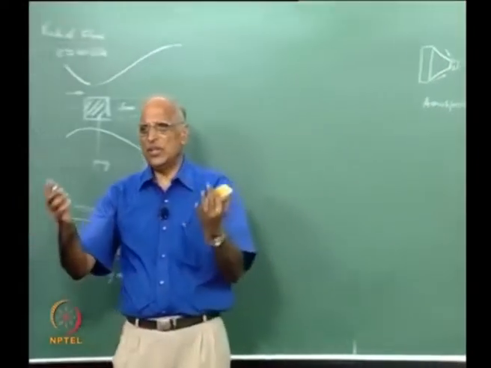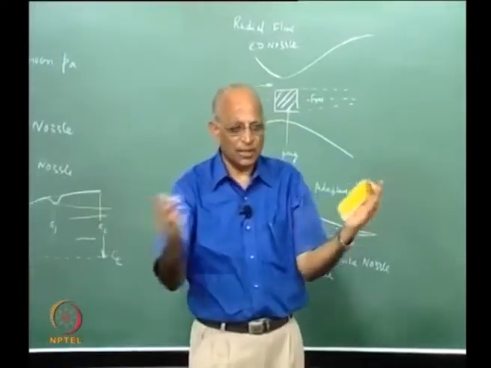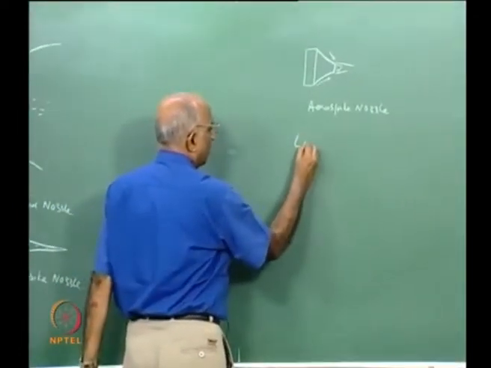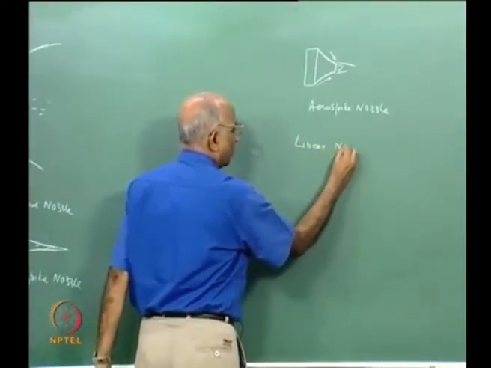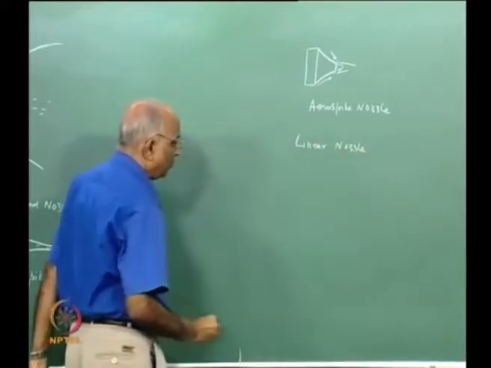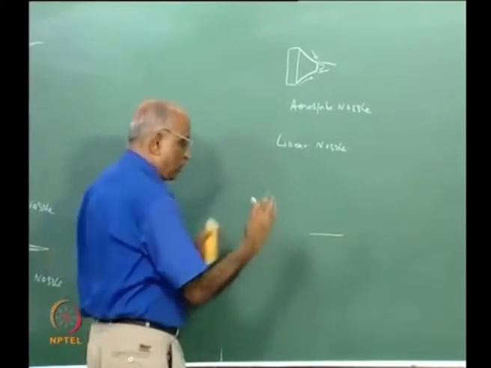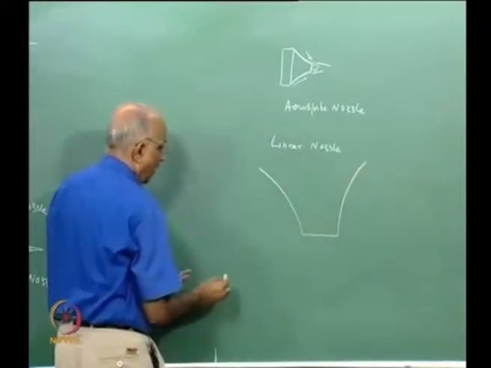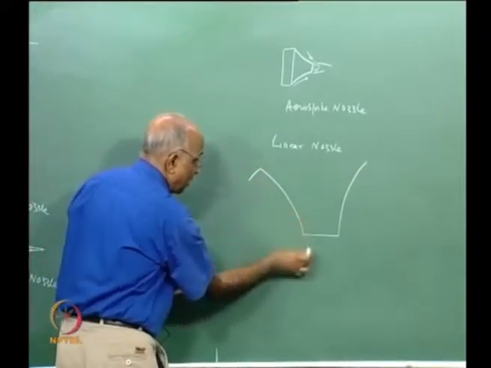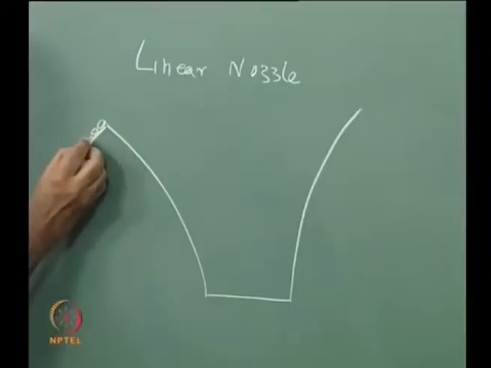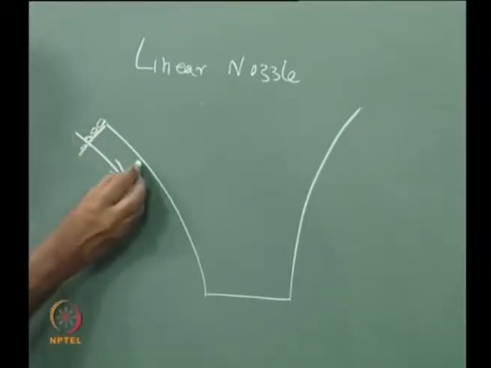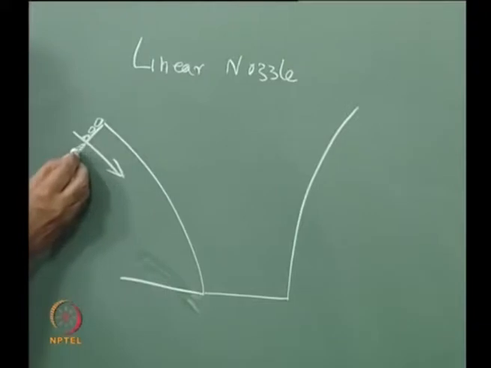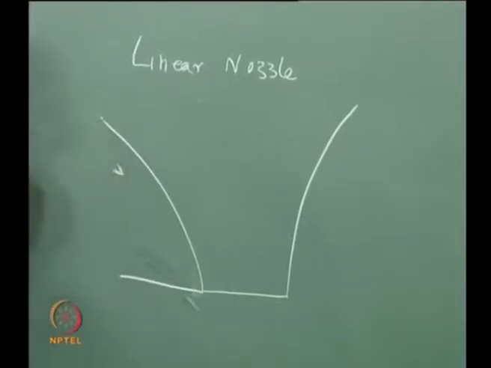But why should we always think in terms of a cylinder, a bell or something like that? Why not open out the bell, make it something like linear? If I have not a cylinder but I stretch it out, I call it a linear nozzle. What do you mean by linear nozzle? Well, I open out the bell something like this, I have this as a contour, and now I allow the flow, this is a ramp as it were, I allow the gases to come along this, and it is guided by this particular ramp. In other words, I have something like this, let us say over here it could be shaped something like this,